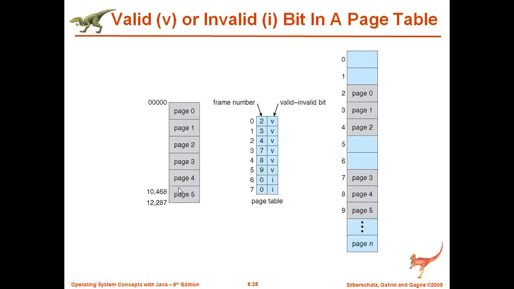We don't have those pages here, so they have been represented as I, because they are not yet allocated. Even though the page table has more entries, we don't have any entries in the main memory, so those will be represented as invalid. If it is represented as V, that is valid, and it has already been allocated with frame numbers in the main memory. If it is I, that is invalid, because it is not yet allocated with any frames and you don't have pages also. So this is how we can indicate one protection bit in our page table.